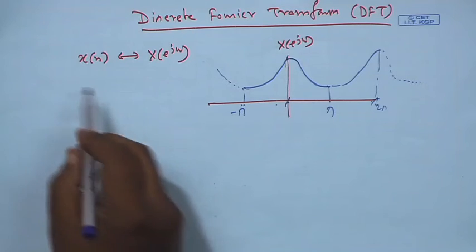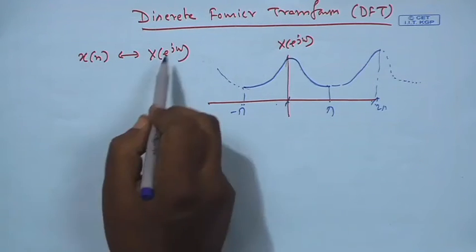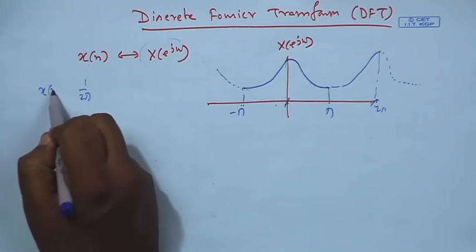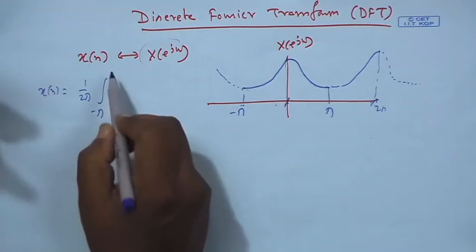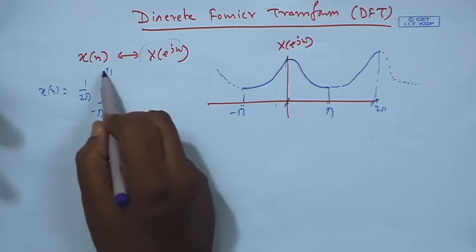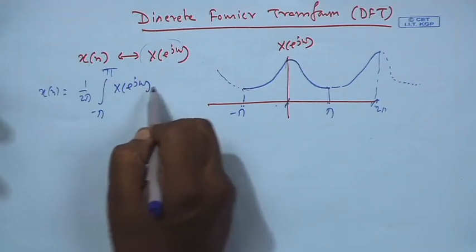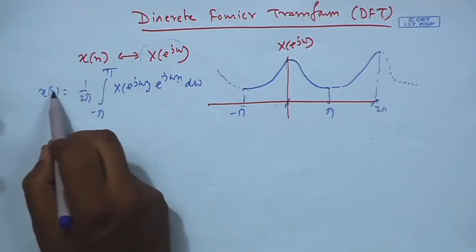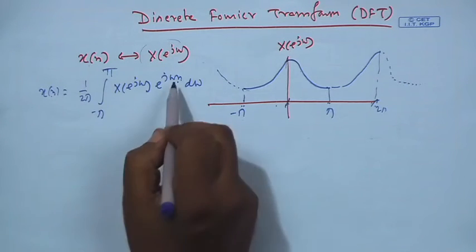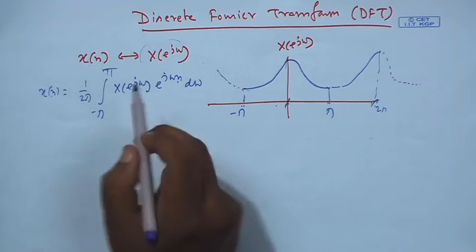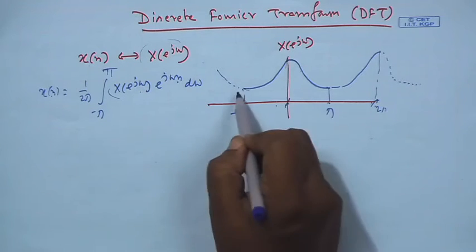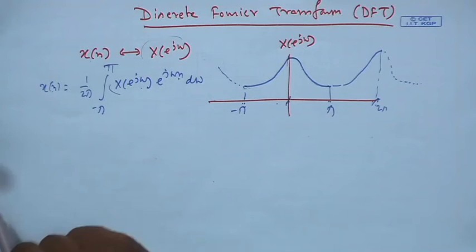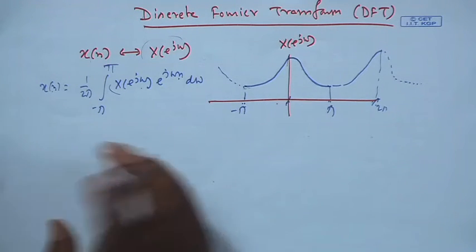For instance, inverse DTFT. x[n] is there. To get x[n] back, what was the inverse DTFT? If you follow from minus pi to pi, integrate, n is your choice. You want to find out the sample at a particular n, carry out the integration over all omega from minus pi to pi. So, you need this entire waveform, full waveform from minus pi to pi, then only you can carry out the integral and you can get x[n], isn't it? That is what we have studied so far.